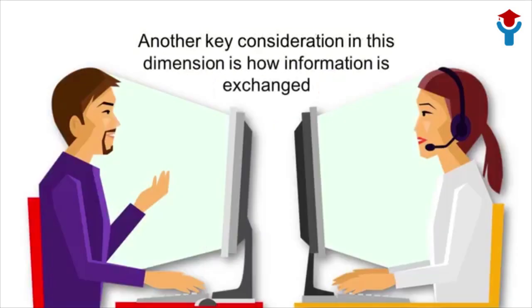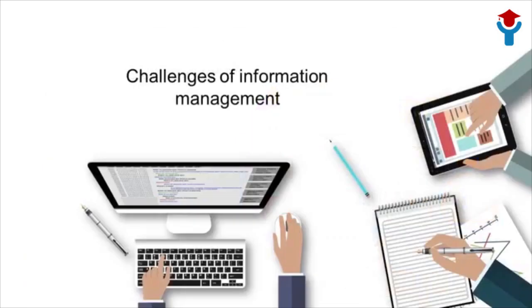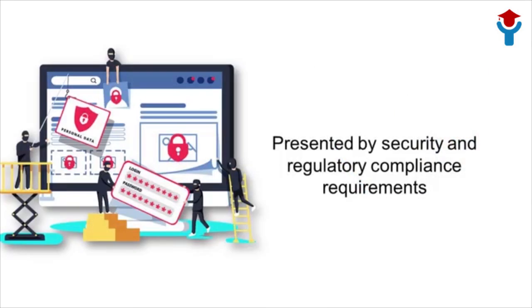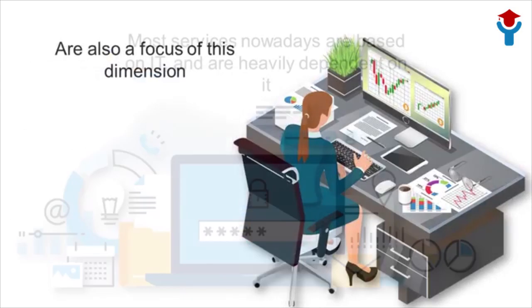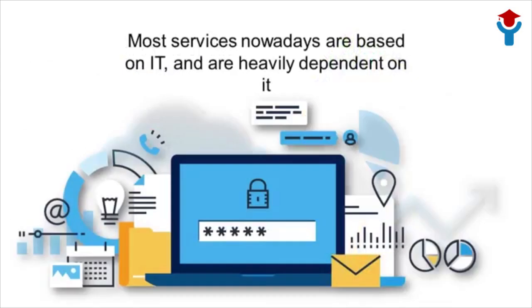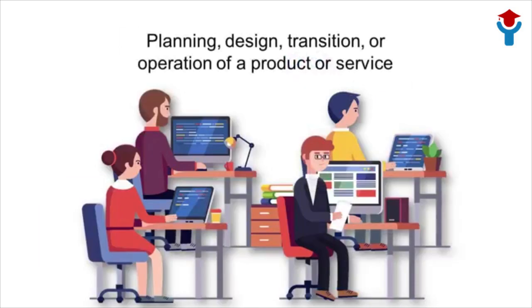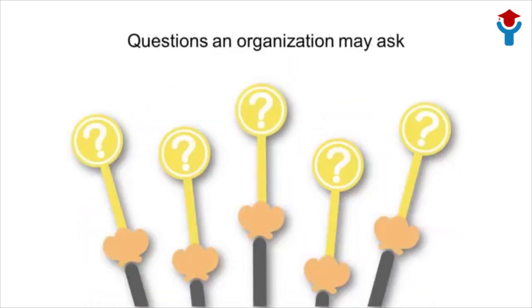Another key consideration in this dimension is how information is exchanged between different services and service components. The challenges of information management, such as those presented by security and regulatory compliance requirements, are also a focus of this dimension. Most services nowadays are based on IT and are heavily dependent on it. When considering a technology for use in the planning, designing, transition, or operation of a product or service, questions an organization may ask include: